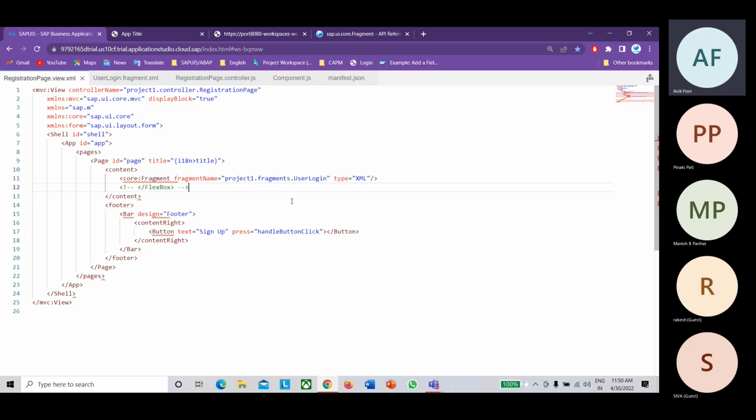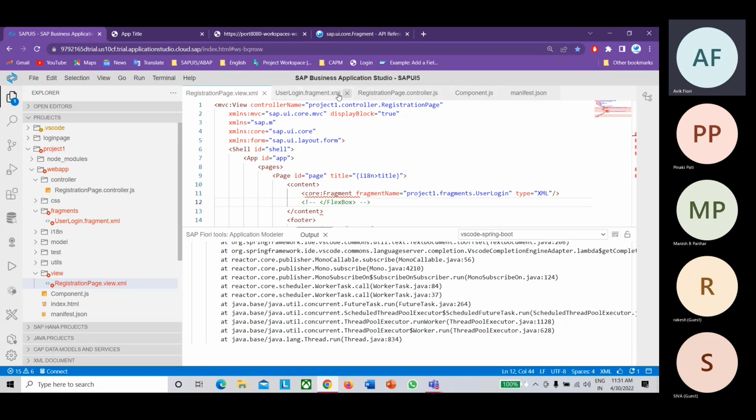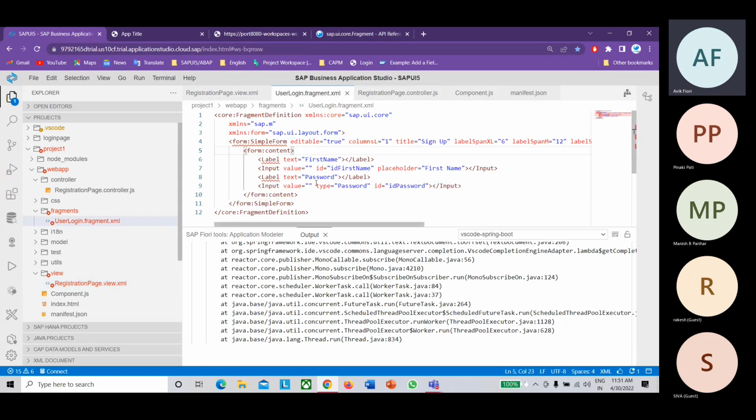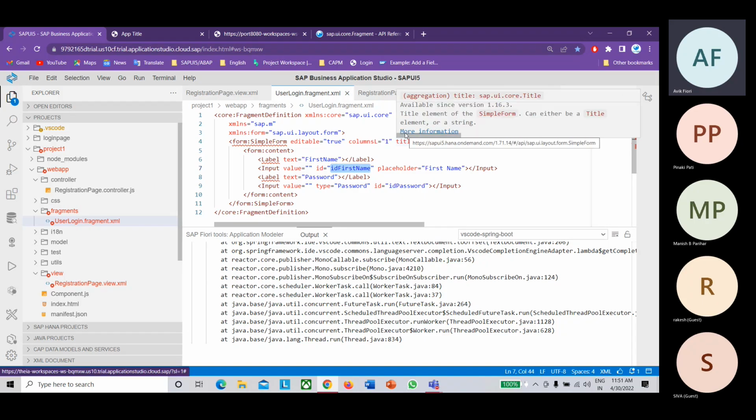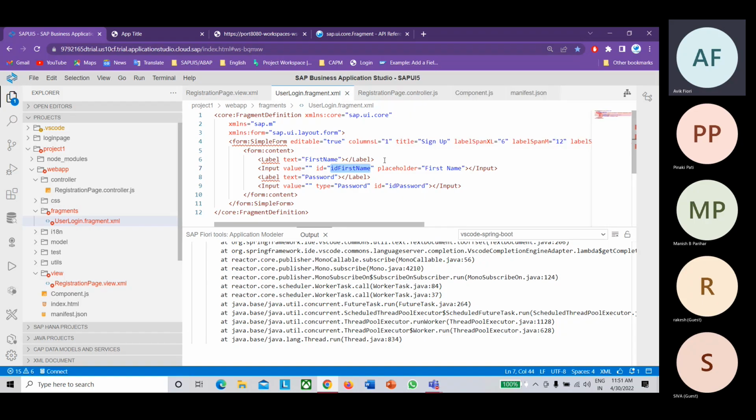But one thing I can tell you is about the IDs. Let's say this is our simple form declared inside the user login. If you look at this input field, the ID is first name. But if you're using the same fragment in a couple of places, and all the fragments are loaded at the same time, then in the first page your fragment is loaded and already available, so next time you don't need to load it again.